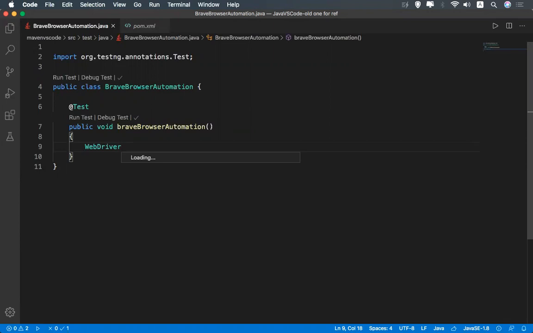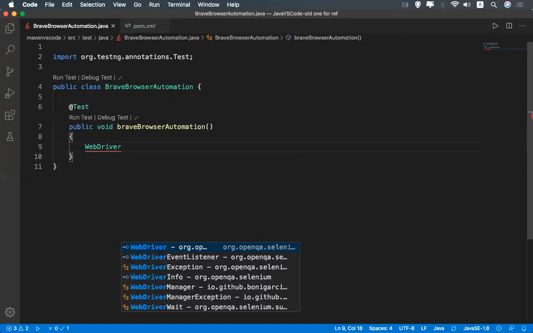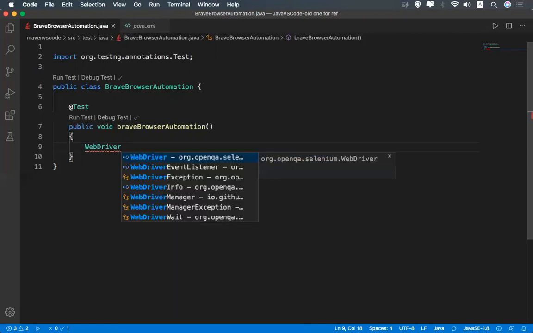I felt Visual Studio Code is better than Eclipse. Eclipse takes so much memory. Similarly, when you open Google Chrome, it also takes so much time, loads some pages, and kills your RAM. You see that, WebDriverManager dot.